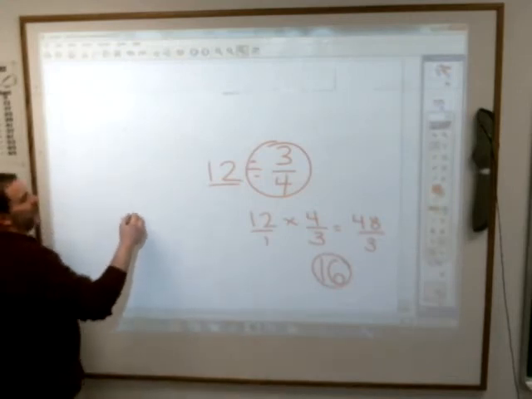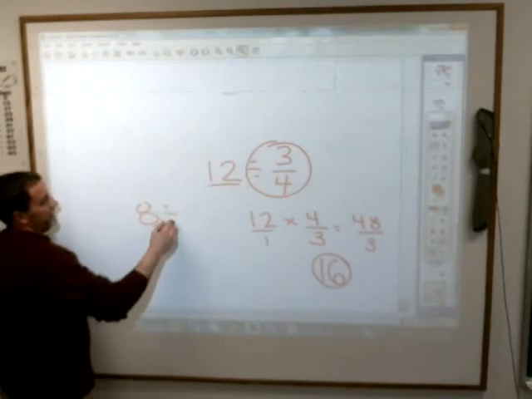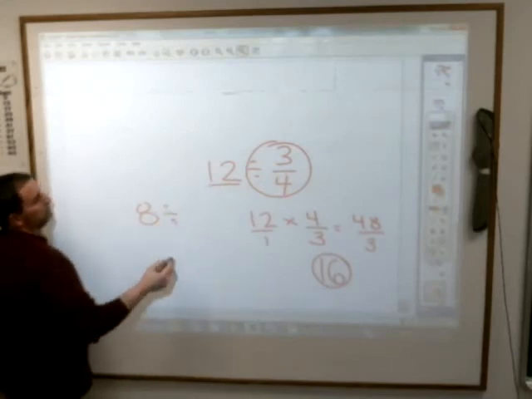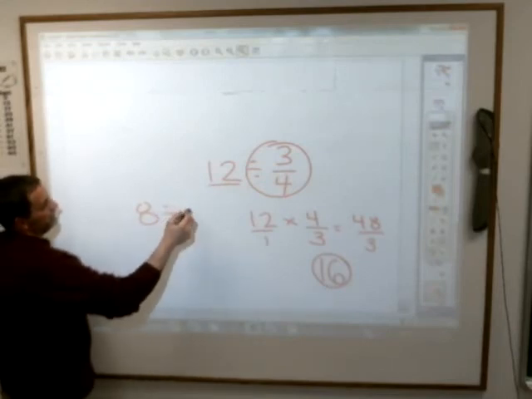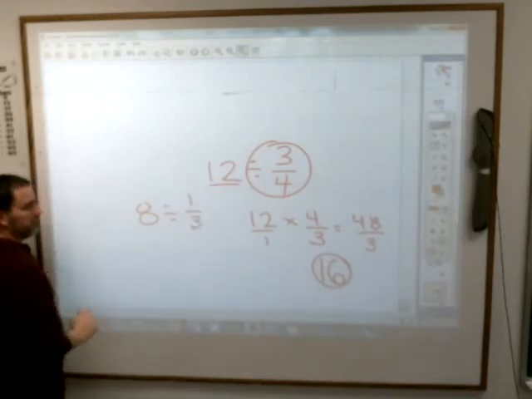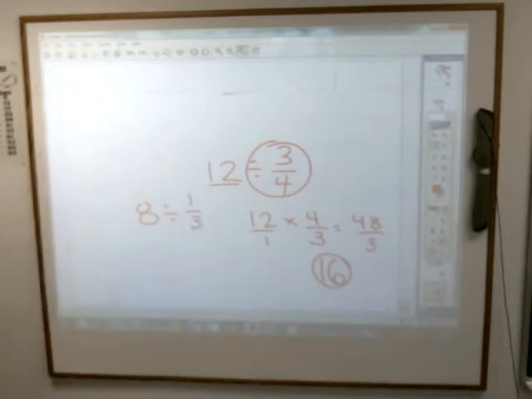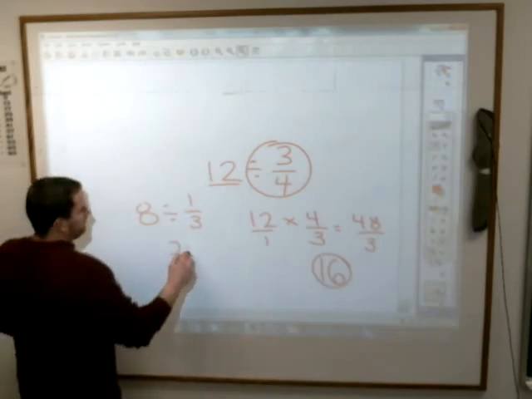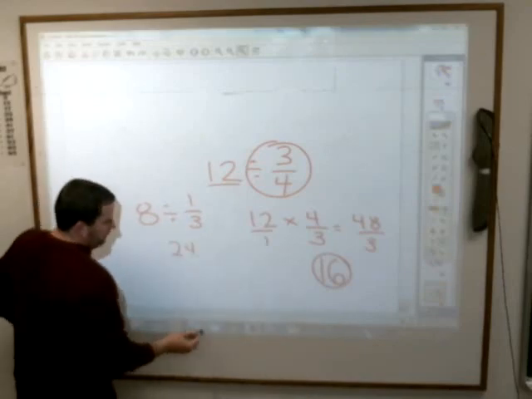How about 8 divided by, what if I did 8 divided by 1/3? What is 8 divided by 1/3? Caleb? 24. Now, what I want you to do is look in the